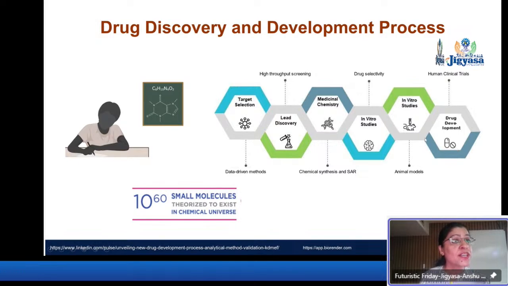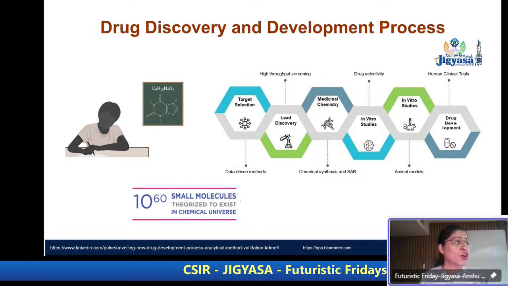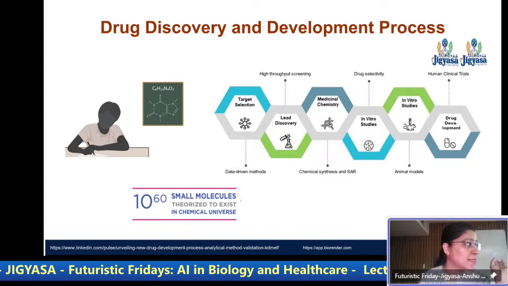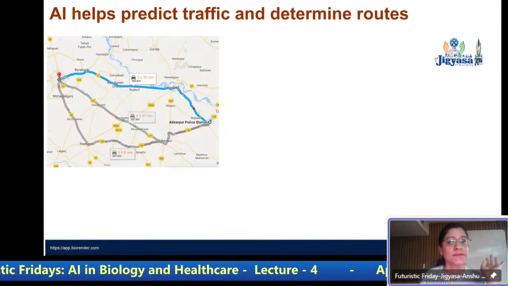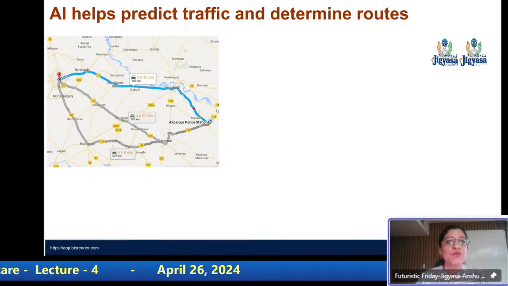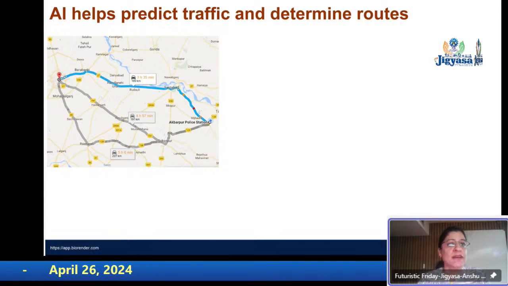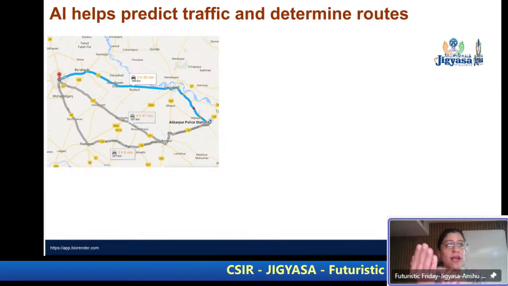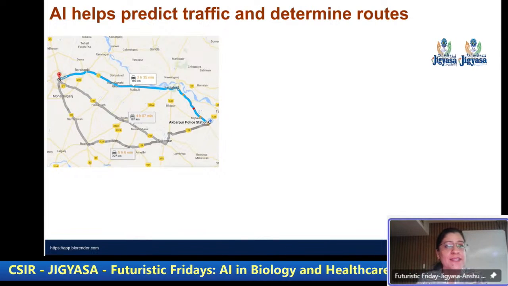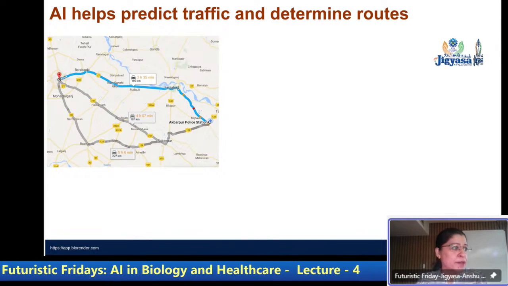And this is where machine learning actually allows us to make use of the technology we have to identify drugs with the desired properties, like designer drugs. And how does it do that? So tell me, how many of you have used maps at any point to navigate streets? When you start from home to go to some place, how many of you actually open your phone and check how much time it will take to reach from X to Y? Raise your hands. A lot of people, right?